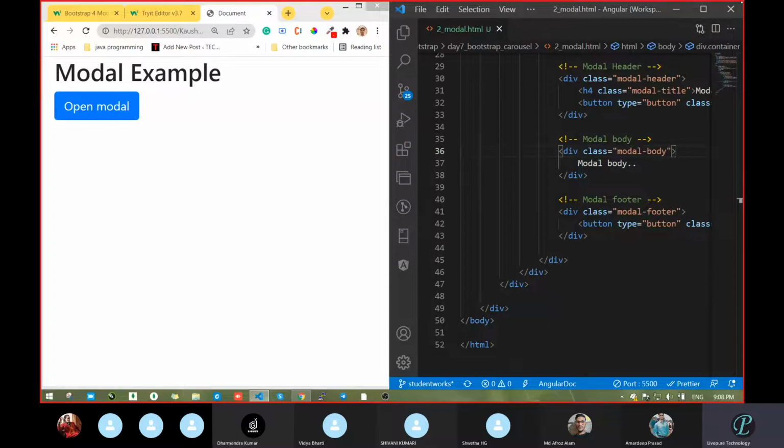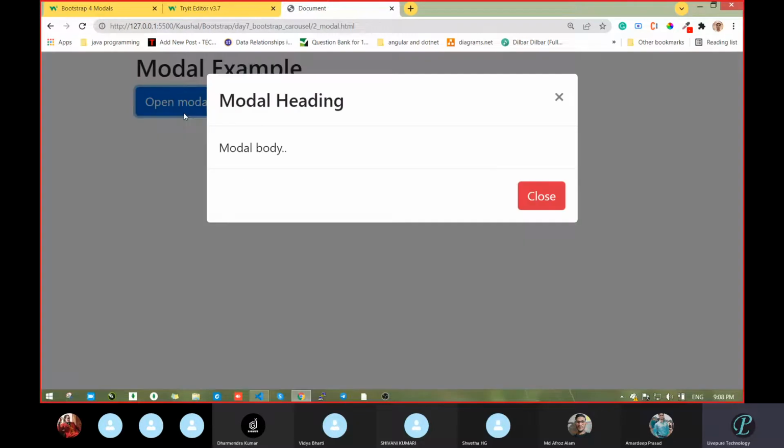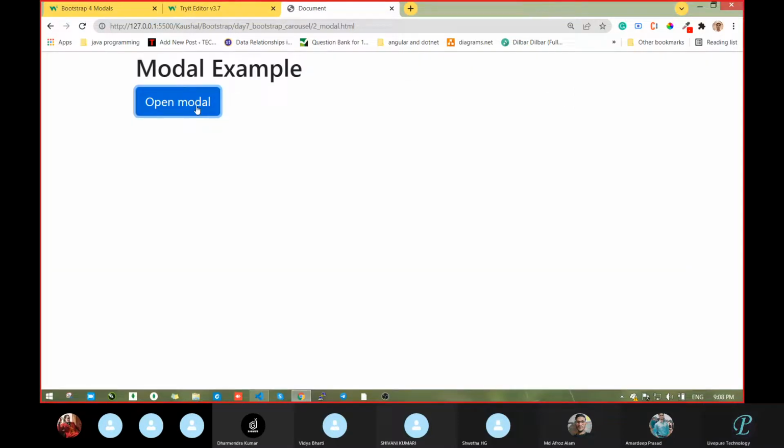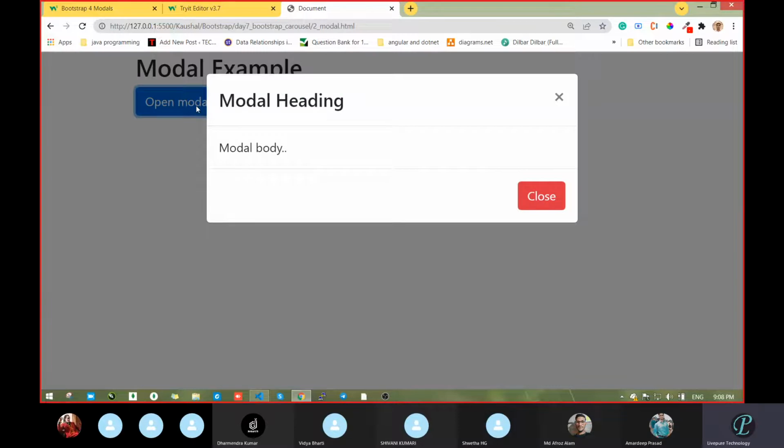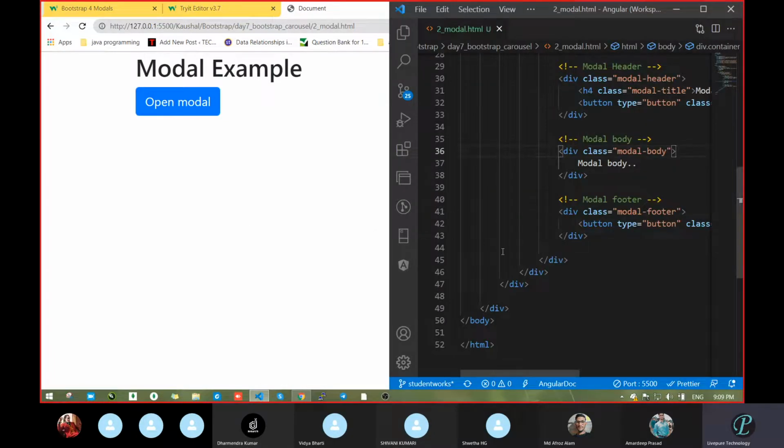Okay, so suppose that we have taken the modal. When we will use it, I will go to the real scenario also. First go through the design. So when we click, we get something like this. Here you can pass the modal heading, then here the modal body, then here the close button. When you click on the close button, it will close. There is one more option for closing this, by clicking on this one also it closes. Third option, when you click outside on any screen, it will close.